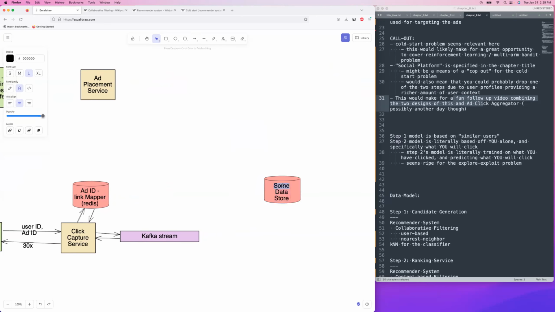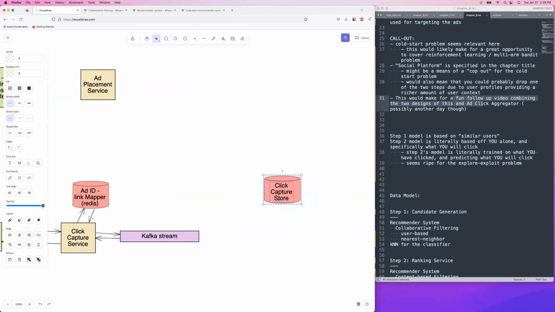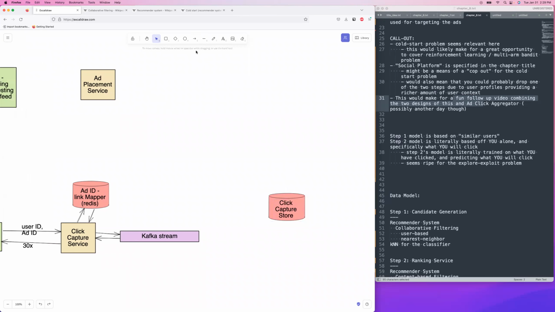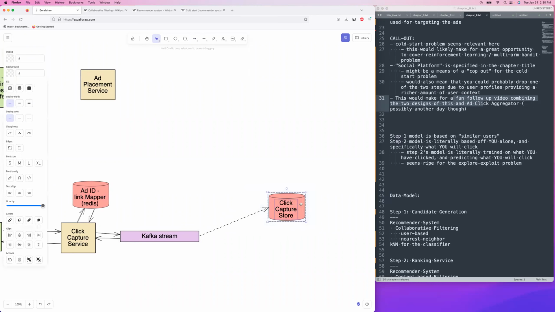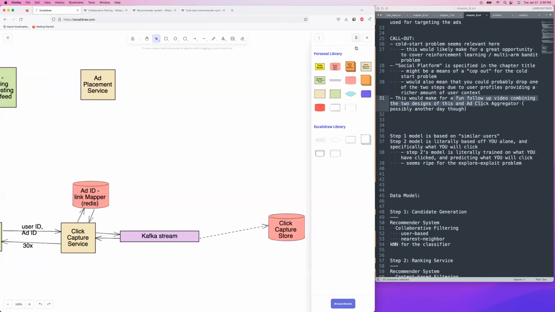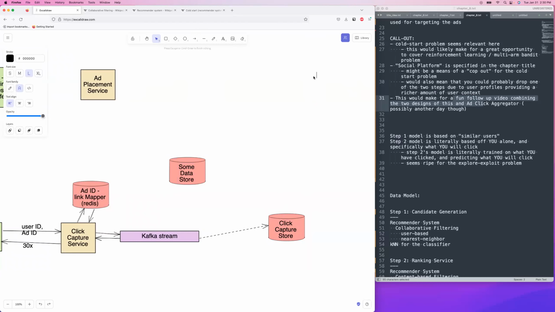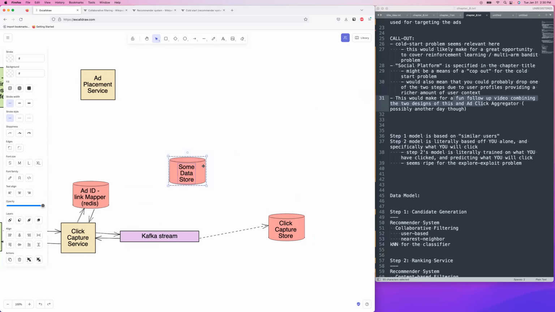I think I actually had two different databases. One of them was aggregated data. Another one was just the individual clicks. I think we want the individual clicks here. One of the data stores was for individual clicks. And so somehow we were getting those individual clicks all the way into a click capture store, which is probably something like Cassandra. And we're going to use change data capture to get it into our data warehouse, which is where we want to train the models